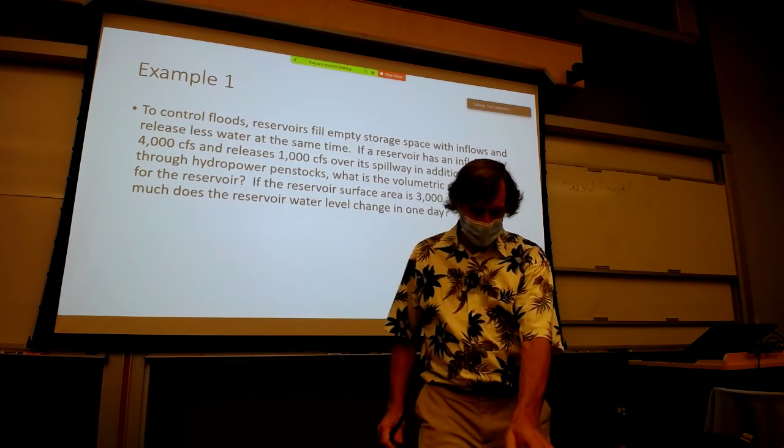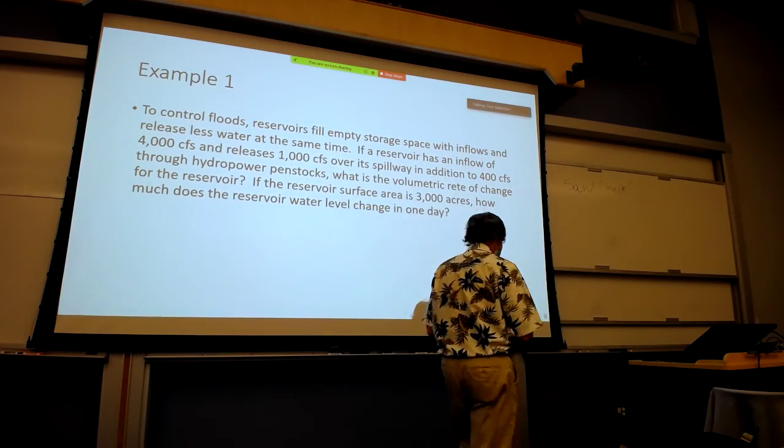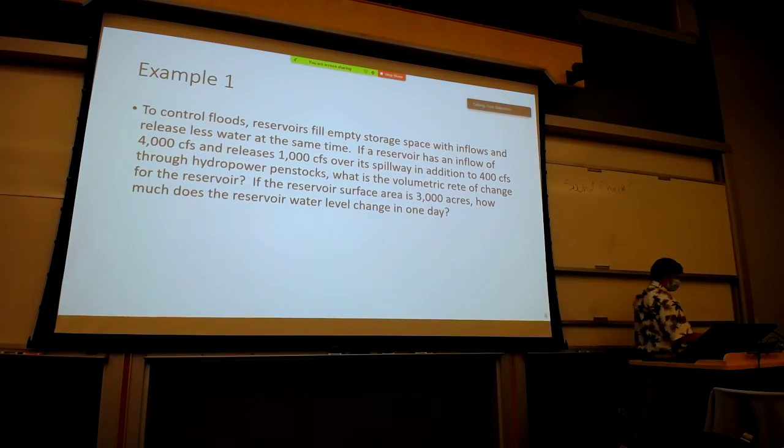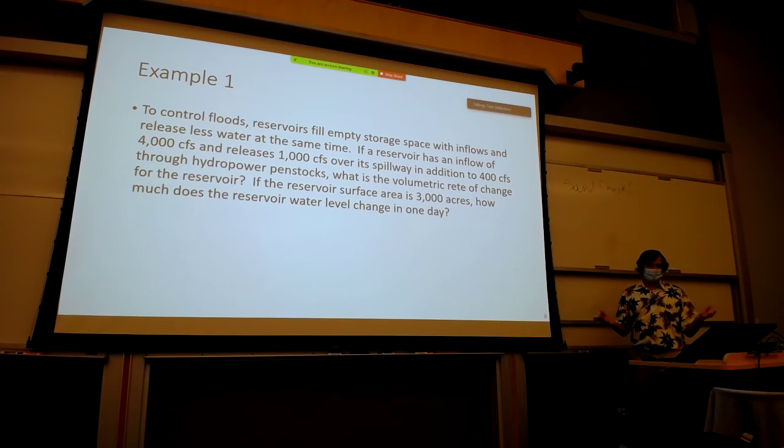So we were talking about just looking at a system, and in this case, our system is a reservoir. So it's how we control floods. So when a big flood comes, what we typically do is try to put water into storage, which means what we've done is to keep behind a dam somewhere a space evacuated that we only use to store water for floods. So typically behind a dam,